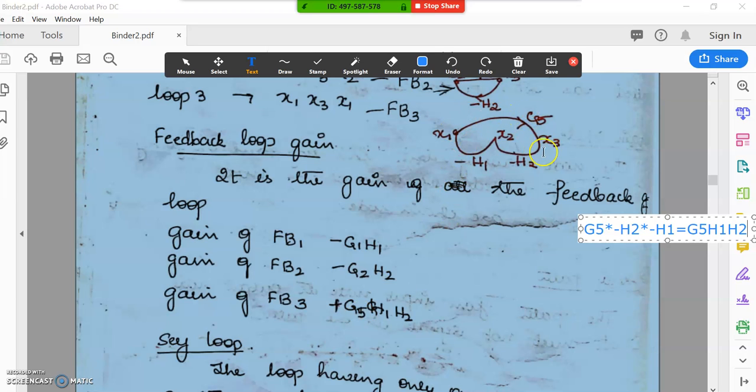It is going like this and coming back with two feedbacks, it is coming back to the same point, to x1. So it is G5 H1 H2. So now